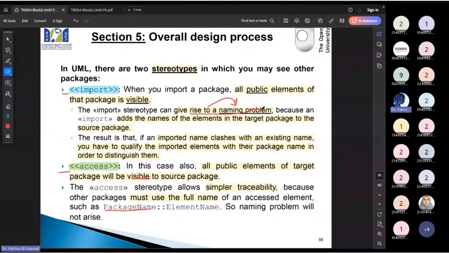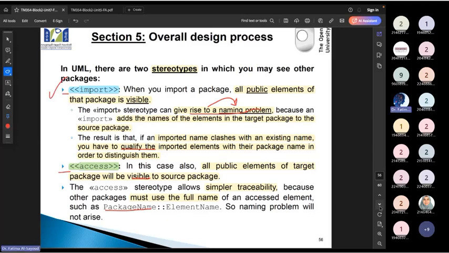It causes a problem in the names. Okay? So import is going to bring everything, but it's going to raise naming problems. The result is that the imported name clashes with an existing name, so we need to use a qualified name to distinguish whom this is coming from. Okay? So this is the import. I hope this is clear.